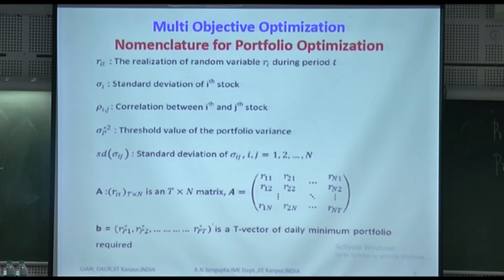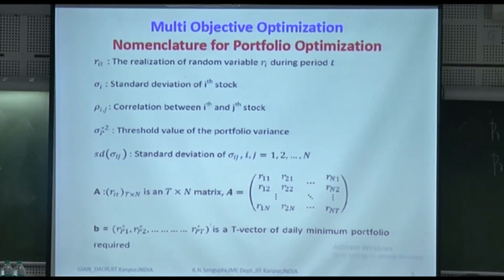So actually the problem is that we do not know WIs, and also we do not know, in the very practical sense, the distributions of different variables. So the main, yes. Sir, so basically we are trying to find out how much wealth we should put in each of the stocks. Yes. Simultaneously optimized by both of them.